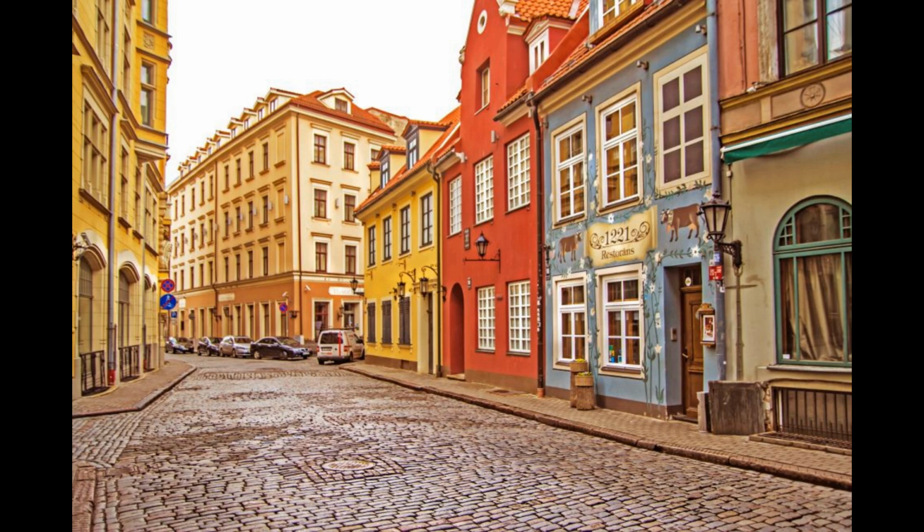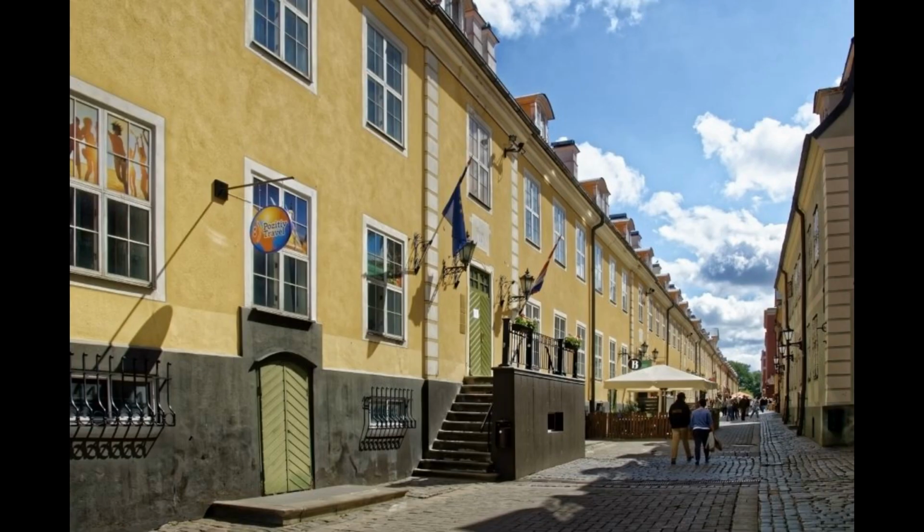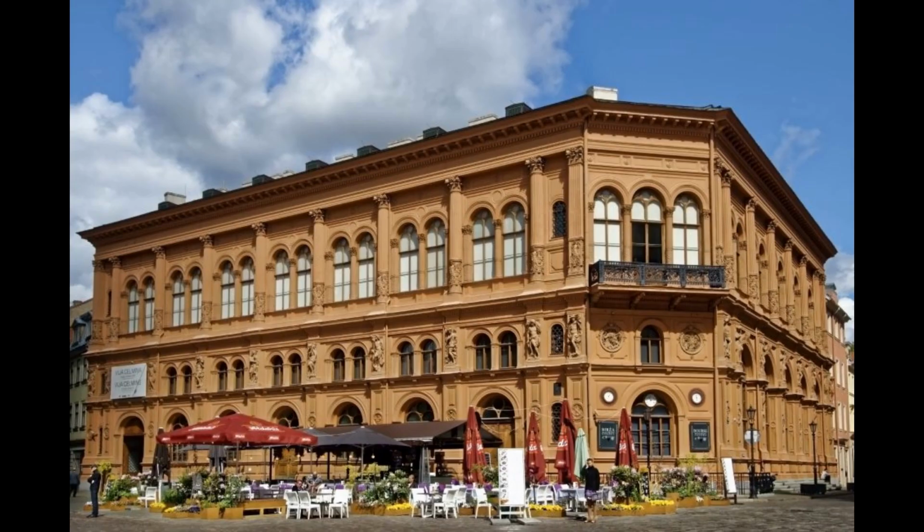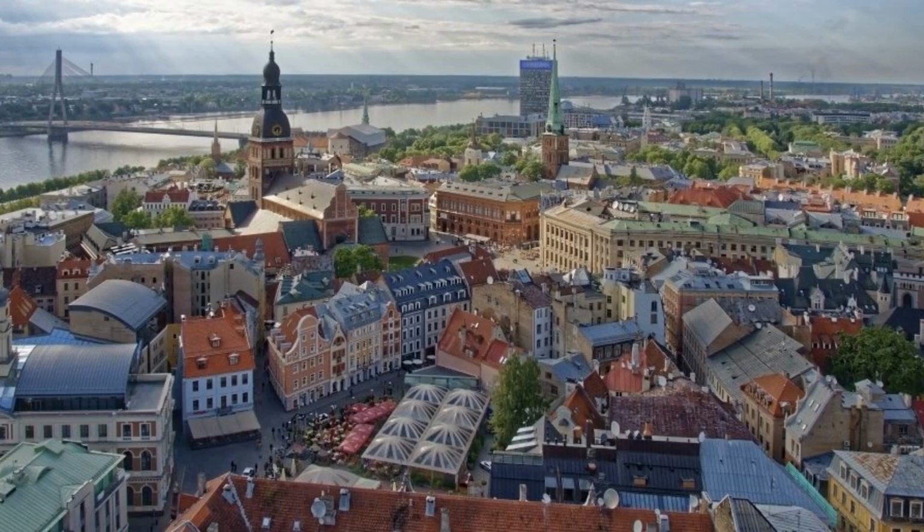Start your tour at the bright red House of the Blackheads and head inside the old town. Marvel at the centuries-old buildings surrounding you here, from the town hall square dating back to the 13th century to the towering St. Peter's Church. Continue your walking journey and see the magnificent Great and Small Guild Halls, the medieval and Art Nouveau